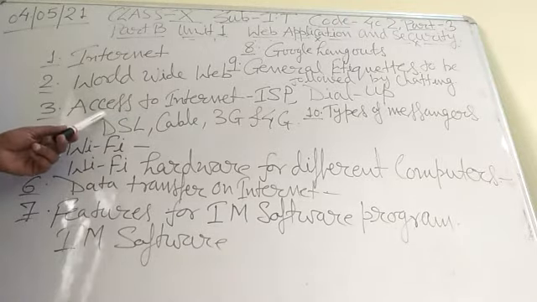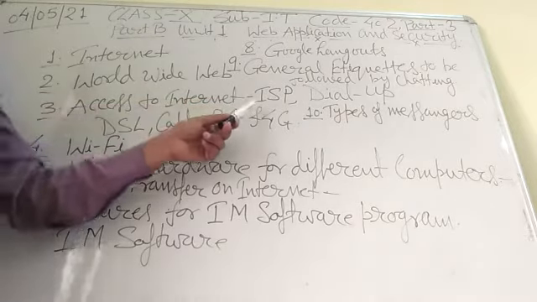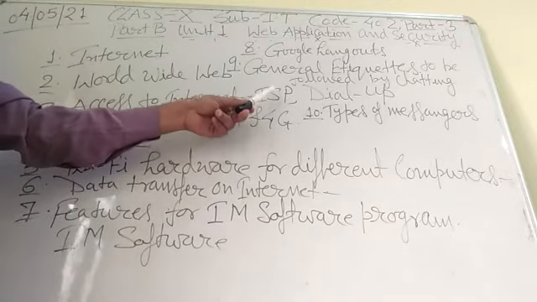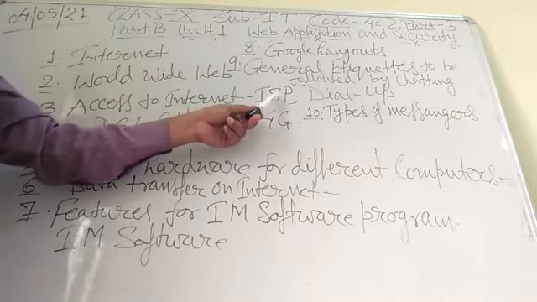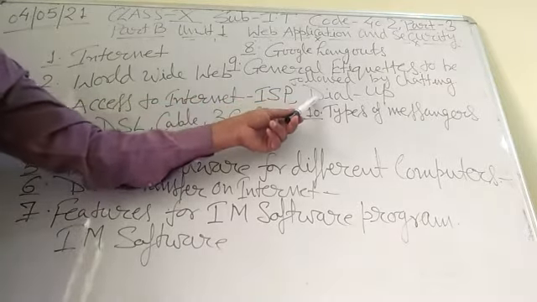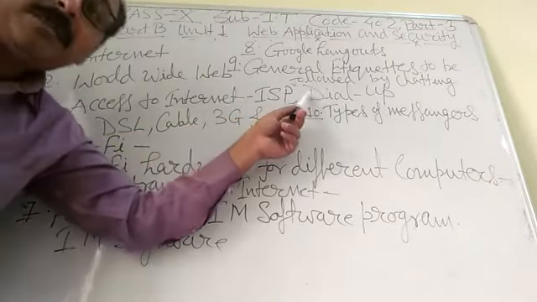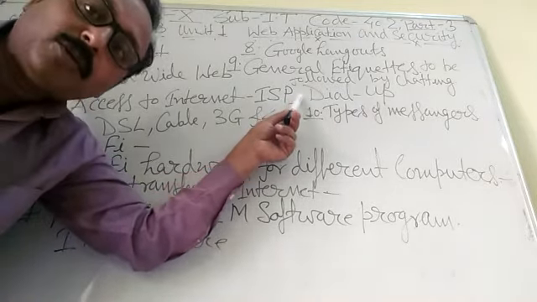Now you need the following to access internet service. First, an ISP is required. ISP stands for Internet Service Provider. Internet service is a type of internet connection provided by an ISP. Second is dial-up. Dial-up access is the use of a telephone modem. Modem stands for modulator and demodulator.